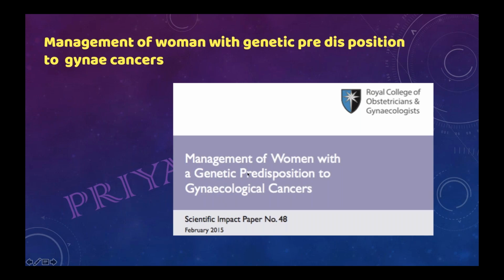So usually, the question comes from here also. It is important to learn. You will find SIP is there. There is one old TOG, but usually the question comes from here only, in this scientific impact paper. So I tried to make the whole of the genetic cancer topic from this paper that explains it very well, and you will find questions from there, and it is also important for both part 2 and 3 people.